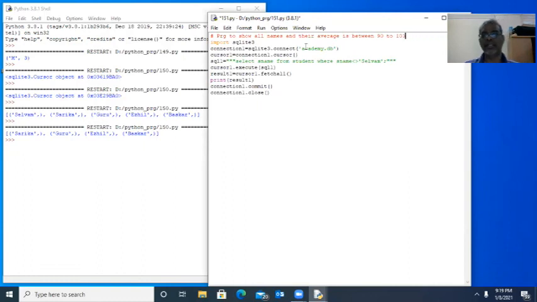So here I would like to display all the names and their average, whose average lies between 90 to 100. So here we need conditions. The average should be greater than or equal to 90, as well as the average should be less than or equal to 100. Similarly, the average should be less than or equal to 100.